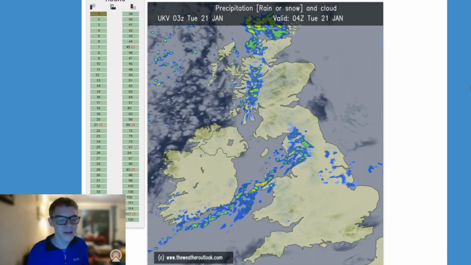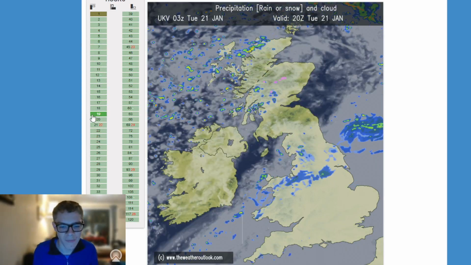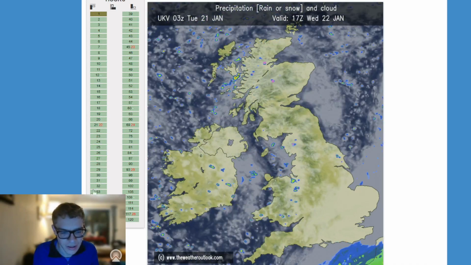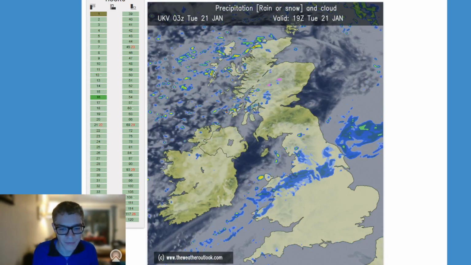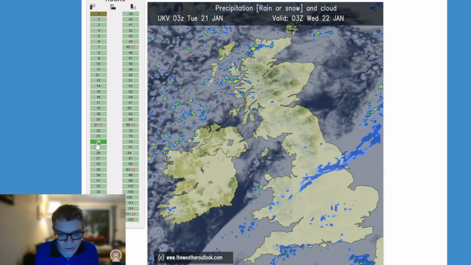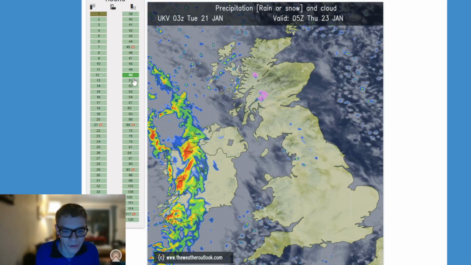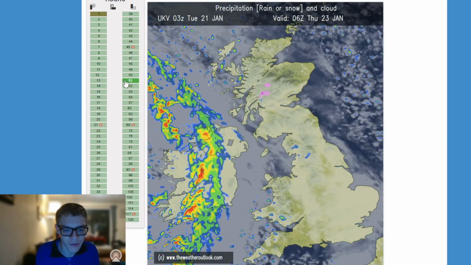So the UKV is the UK Met Office run. It's from the 3 a.m. run, so the morning run, and as you can see, there's patchy rain through central England at the moment, and patchy areas of rain are affecting northwestern Scotland, and there's a few drizzly patches within the heavy and thick cloud covering the country. Now, as we go through, it's a mainly dry picture before a preceding weather front